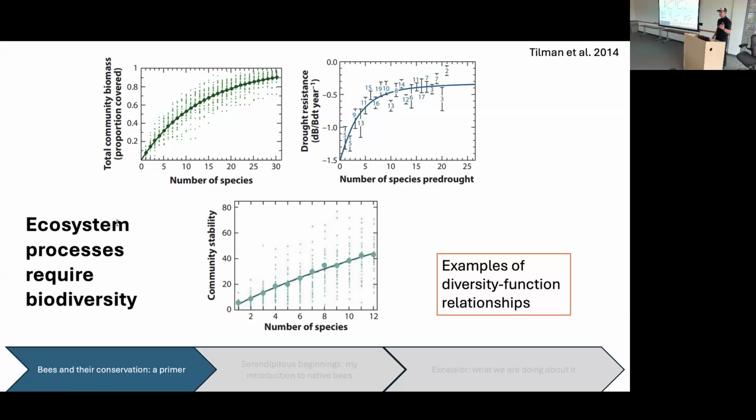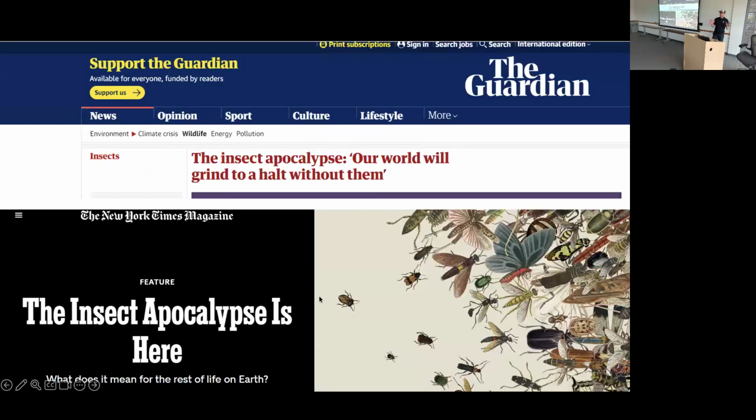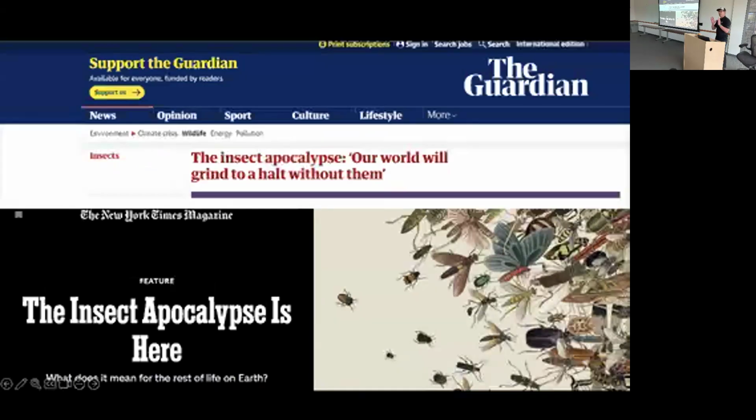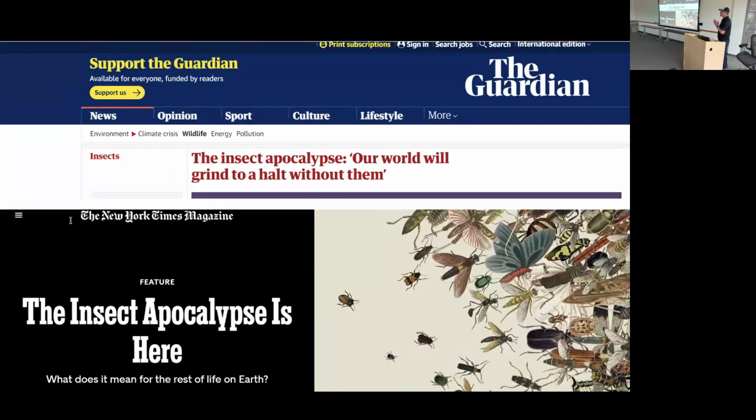There's a lot of ecosystem processes and ecosystem functions that we care about as land managers, and can use this as a basis to begin thinking about those and addressing them appropriately. So for those of you who were in my class yesterday, you saw some of these slides already, but it won't be too much repeat. This is a story I think that many of us are familiar with now, this idea of the decline of insect populations, the decline of insect biodiversity, quote unquote, the insect apocalypse, right?